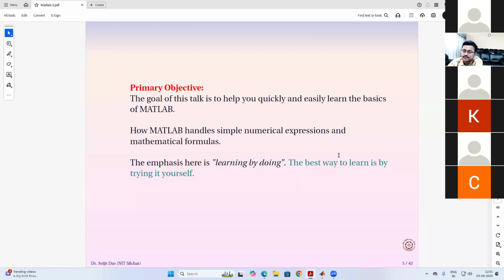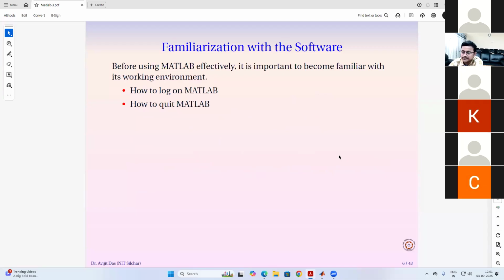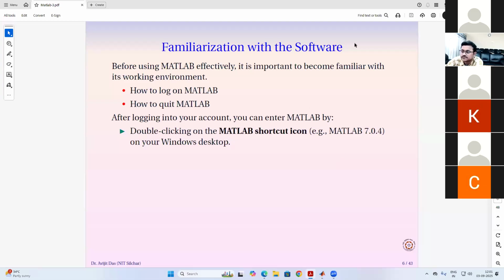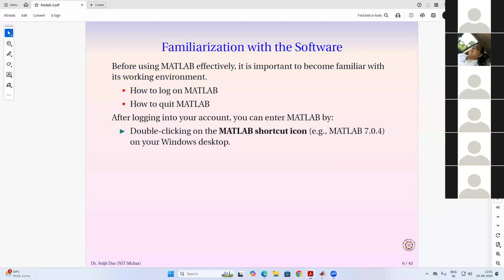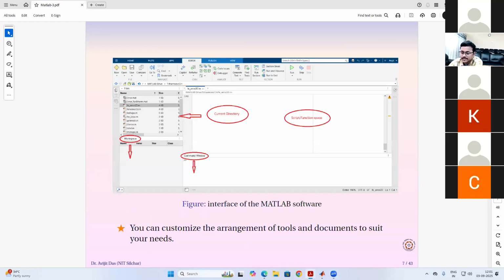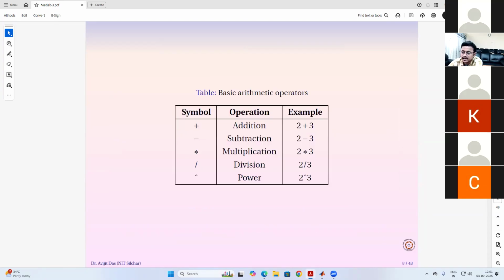Advantages. Okay, and then this was some objective. So these are the familiarizations with the software and these things. Then this is the general interface of the Matlab software, and these are some basic arithmetic operations: addition, subtractions, multiplication,